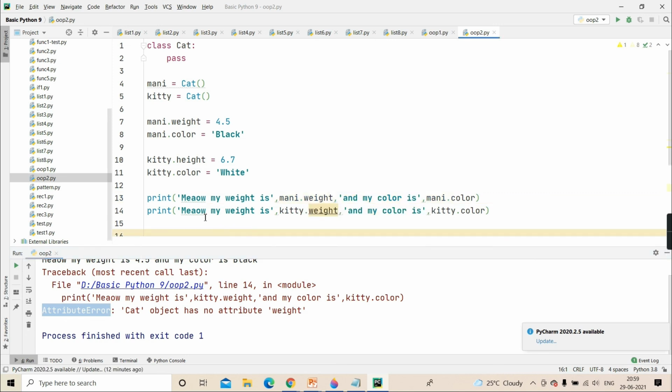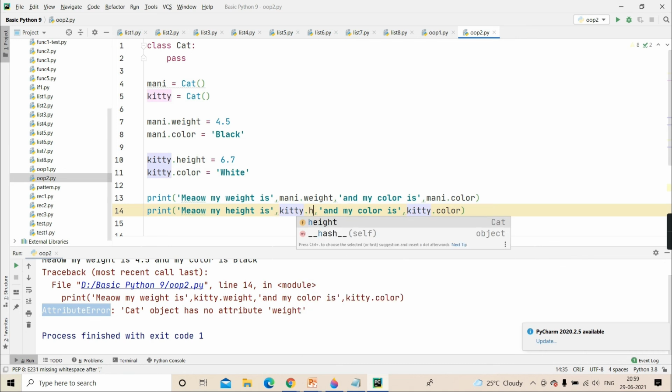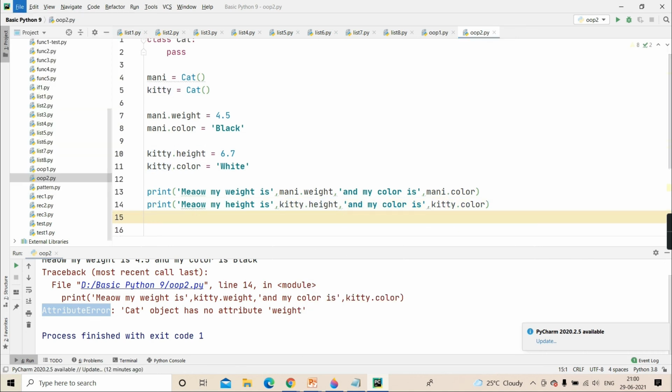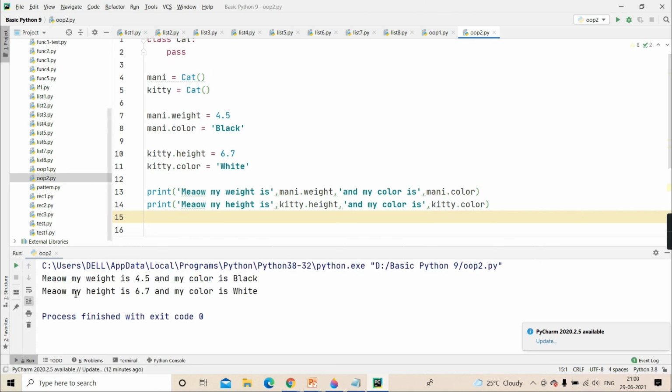But if I change it like that, my height is Kitty.height, correct? And my color is Kitty.color, right? And now if I run, will it work fine? So with this, what observation can you make?